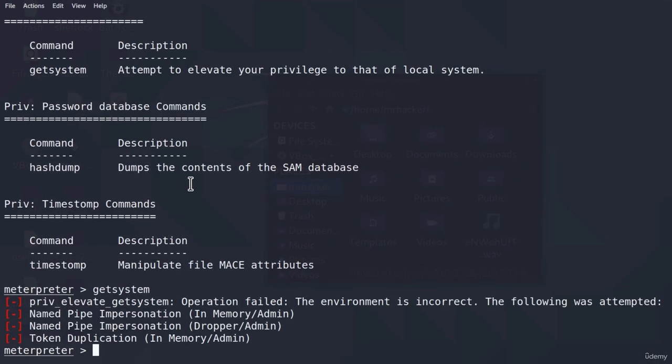It seems we cannot get system privileges on the target machine. And just to remind you, system privileges are the highest privileges on a Windows machine, even higher than the administrator. Once we get a system level account, we can say we fully hacked that box. So what are we going to do? Well, we're going to try to elevate our privileges in the next video